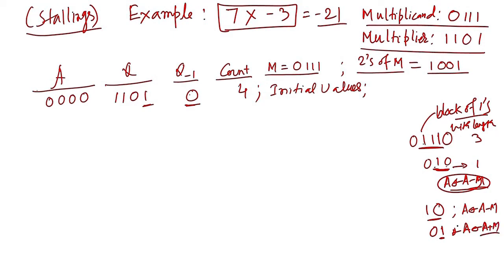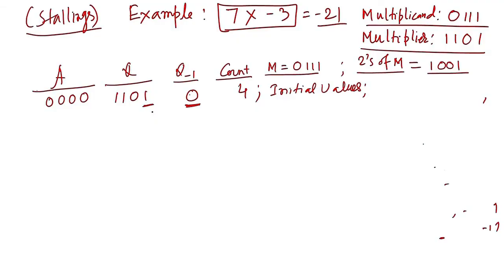So, in some next class we will be discussing why if it is a block of 1 starting, it is subtraction, and why if it is ending, it is addition, and if it is 0 0 or 1 1, no need to do any kind of operation, addition or subtraction. Okay. So, now the suggestion I gave: if it is the block of 1 in starting, then we have to subtract, and if it is ending, then we have to add.